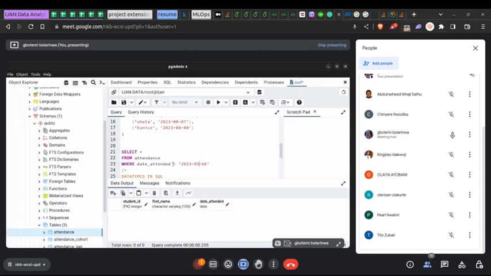So yeah, when I run this now, I'm not getting any error, but I'm also not getting any results. So there are two different things. If I run this for today's date, I'm only going to get results for today's date, right? And if I decide to say, okay, well, date attended is this, and the student ID